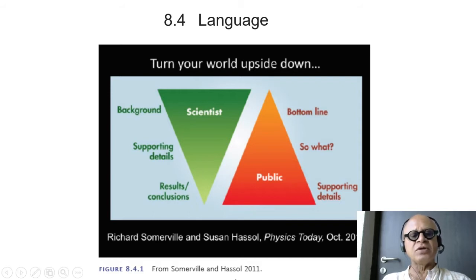The other thing is about how scientists organize the information in our publications versus how a newspaper reporter or a journalist would arrange the information. Okay, a scientific publication starts with an abstract which highlights the results, then immediately launches into what is called introduction or background, where we say why this story is built on the previous work and what it is that the previous studies didn't complete, and then what are the supporting details like the data used, the model, the approach, the analysis, whatever. Finally, we come to results and conclusions.